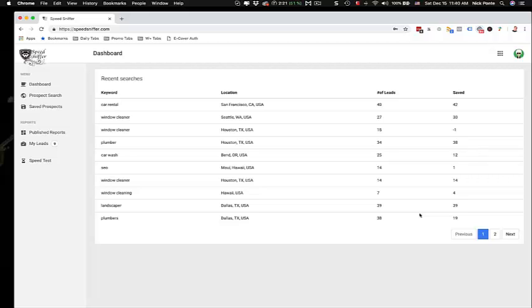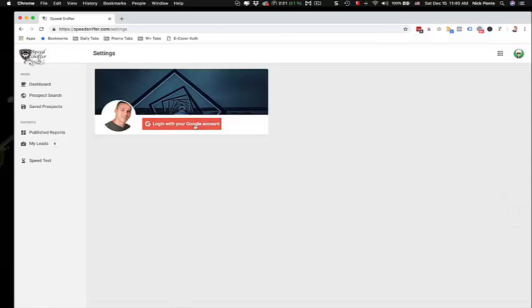So it really takes no time to set this thing up at all. All you need to do when you log in is you go to the settings area and then you log in with your Gmail account. So you can send emails through the software using any email account that's registered with Google, so top-level domains or